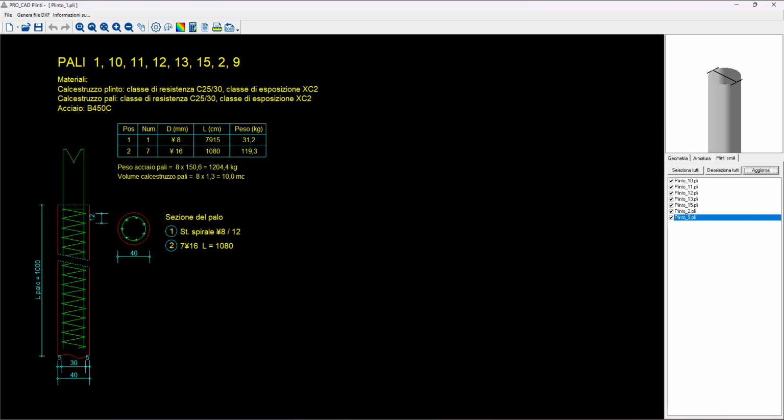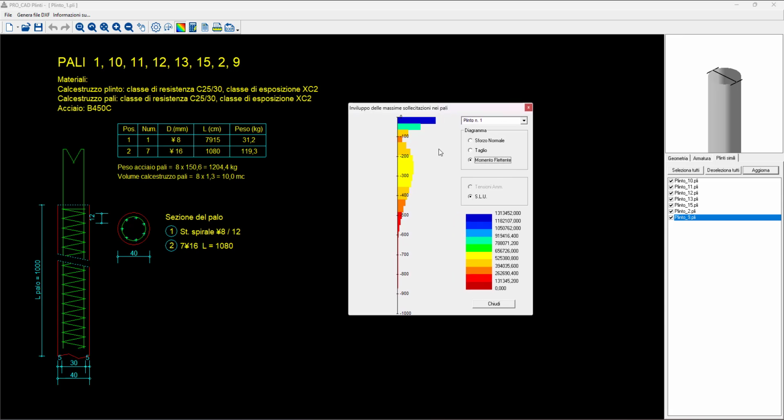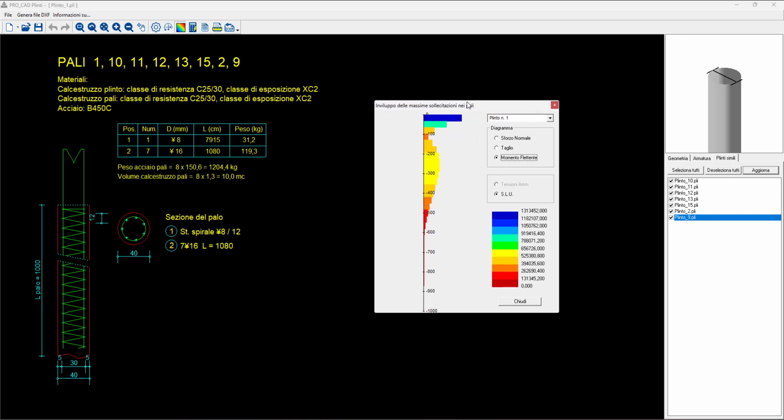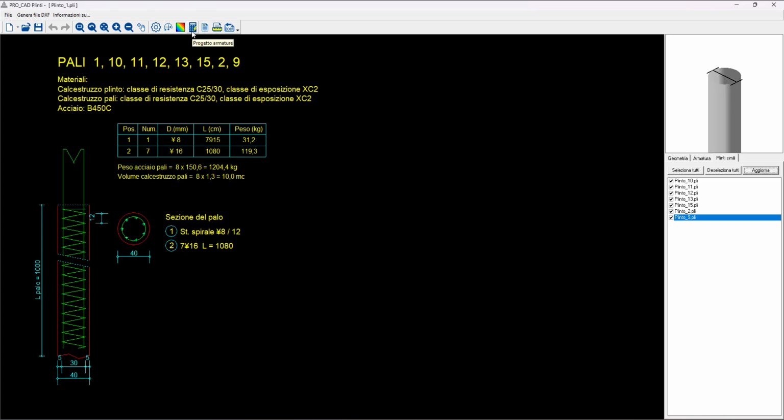Okay, so now that you have seen the drawing, we can pass to the design of the rebars. Well, this command is basically just graphics, and with this command, pressure on the soil, I'm sorry, but I have a couple of monitors, and you can see the moment diagram on the pile in the wall depth. Close this.